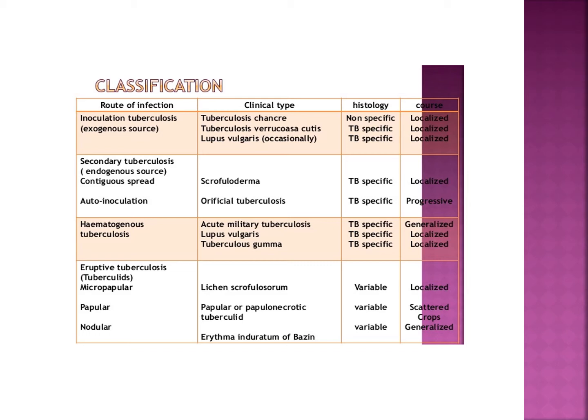Then there is the tuberculous gumma. These are the types which spread from the primary source to the cutaneous sites through blood. The last is eruptive tuberculosis, which is a form of sensitivity reaction,